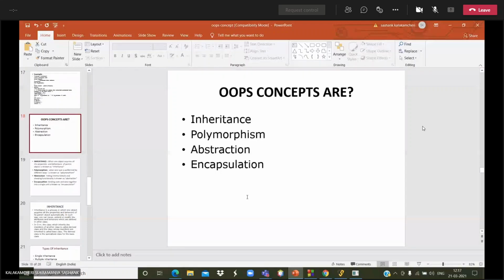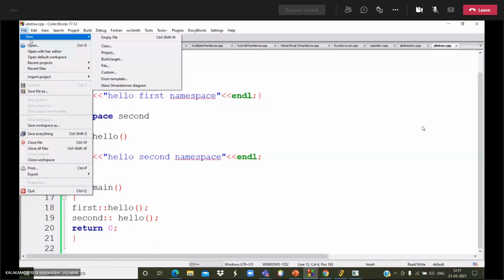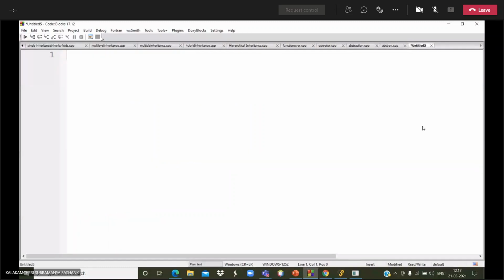How we can use that function with the help of the virtual keyword, we can see now. I am writing the function without the virtual keyword.